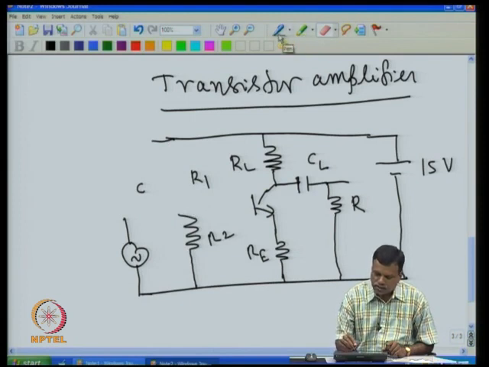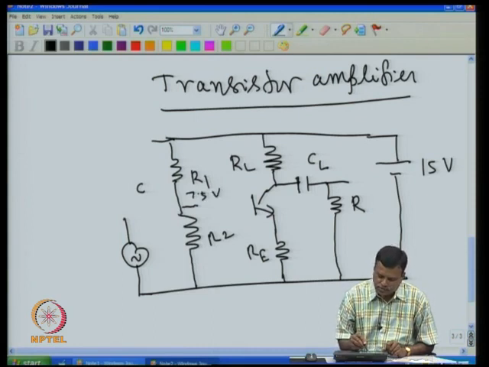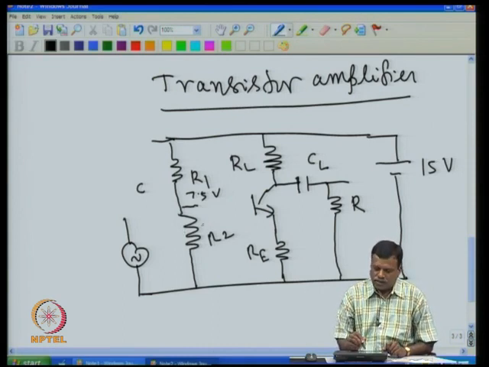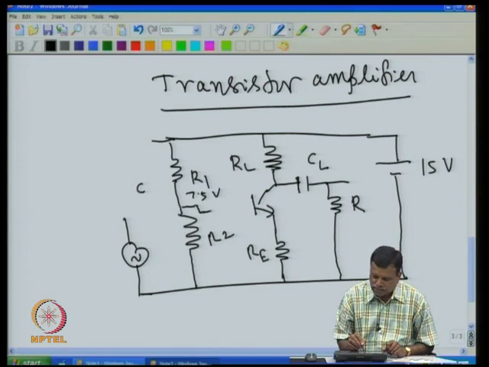Now I will redraw this. For example, if this is 10K and this is also 10K, then I will get half the voltage, so I will get 7.5 volts here. Of course I can select any values, but I assume that R1 and R2 are equal to start with. Then I connect this 7.5 to the base. Assuming the base current is negligible, automatically the emitter will come to